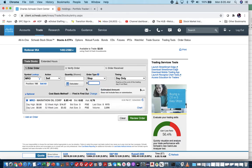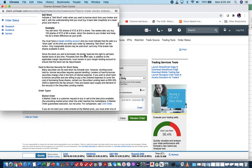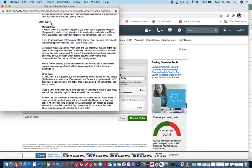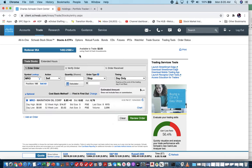Some people call it a stop limit. It just depends on the brokerage firm; they have different names. If you're not certain, at least on Schwab, I can click on this little question mark and it gives me the definitions of the different order types. So you want to figure out what terminology they're using and then utilize it. So I'm putting in the 185 shares,